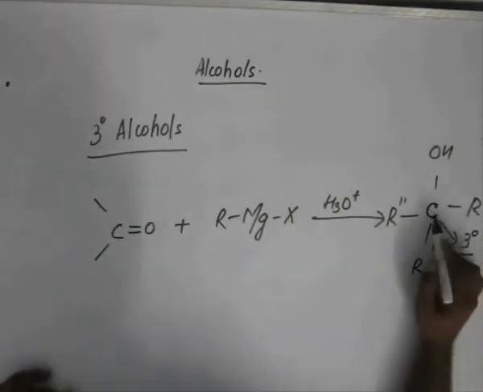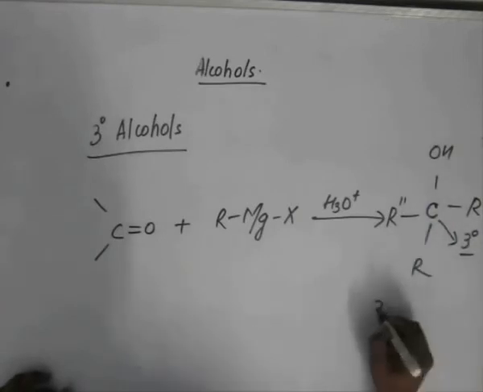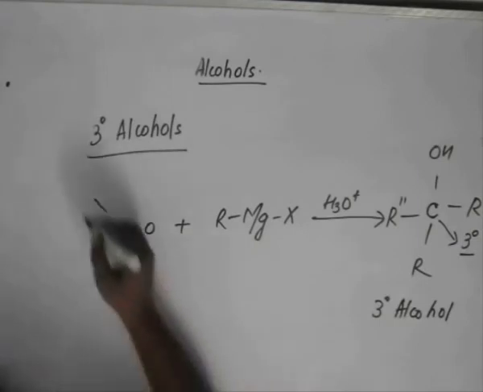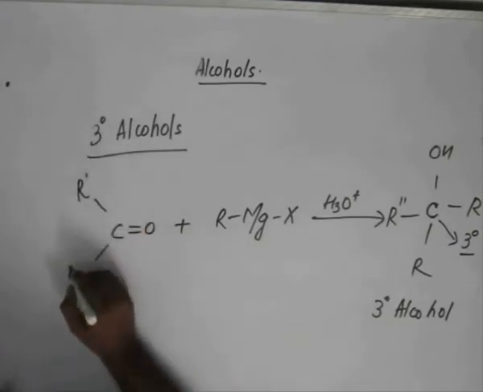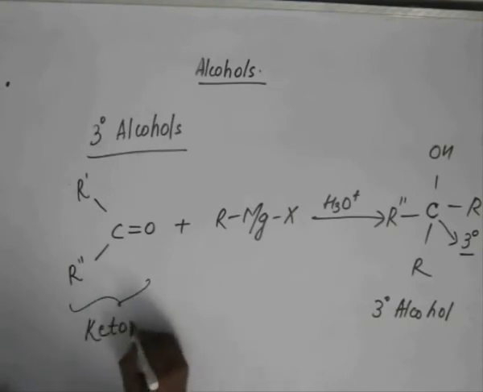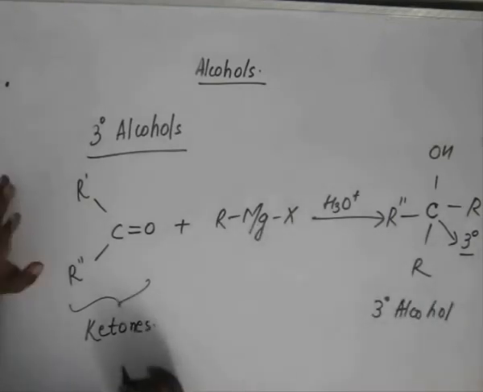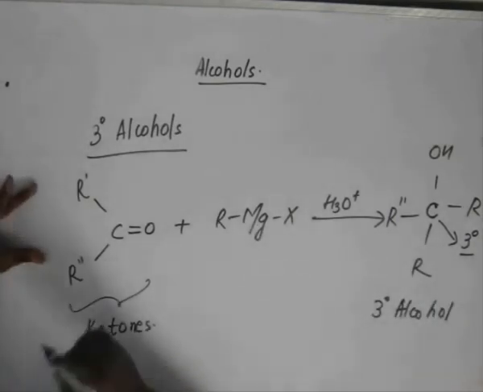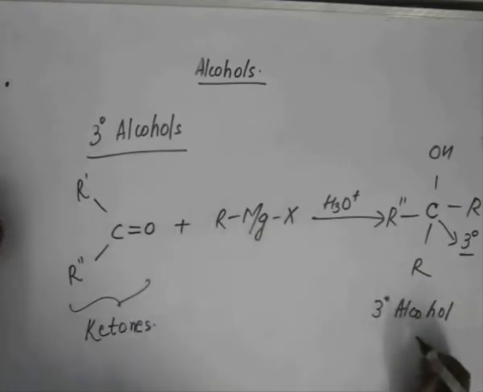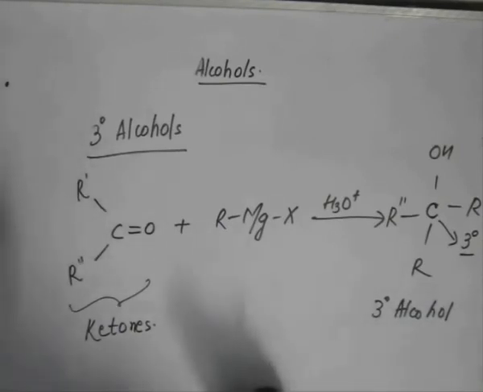So in order to make a 3 degree alcohol, we need to have ketones as our substrate. Use any Grignard reagent you wish, you'll end up with 3 degree alcohols. Okay, fine. Alright, so